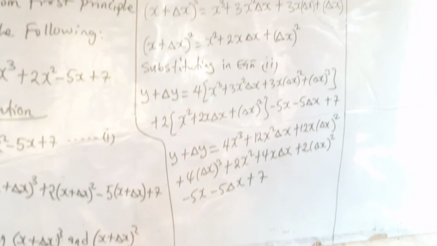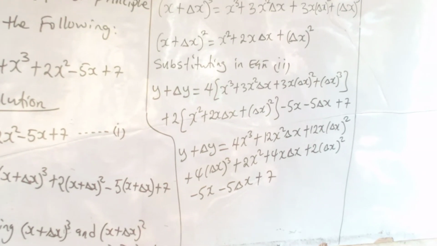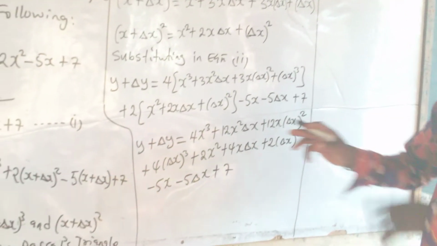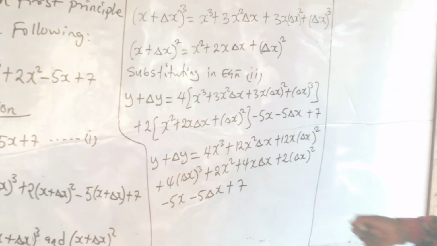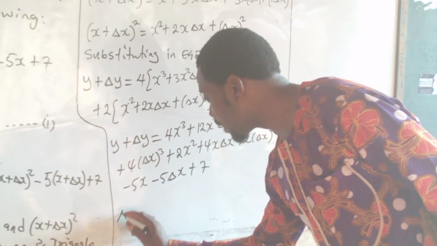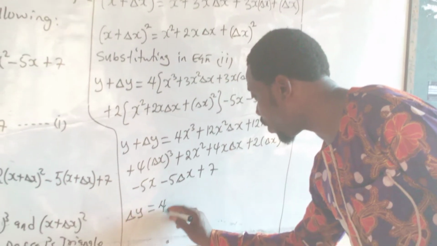Remember, we are looking for dy over dx. And this dy over dx is what we call differentiation. So for you to make dy the subject of the formula, this y will come over to this side. And when that happens, we are going to have that change in y will be equal to 4s raised to